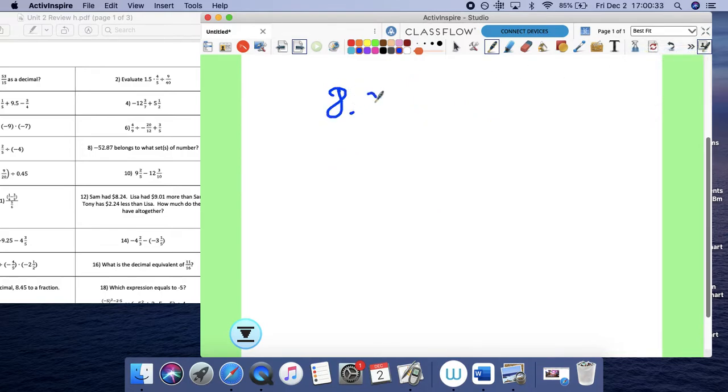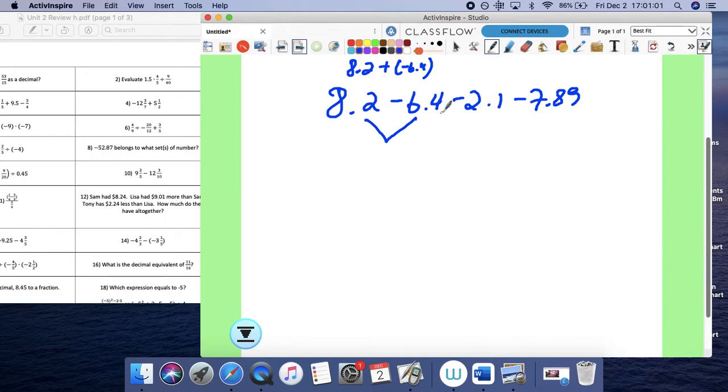16. 8.2 minus 6.4. Instead of plus negative 2/10, I'm just going to write minus 2.1 minus 7.8. All right, so let's do these two, right? Order of operations. It's a positive minus, so that becomes 8.2 plus negative 6.4. However you want to think about it, let's say you had $8.20. You spent $6.40. How much do you have left over? You would have $1.80 left